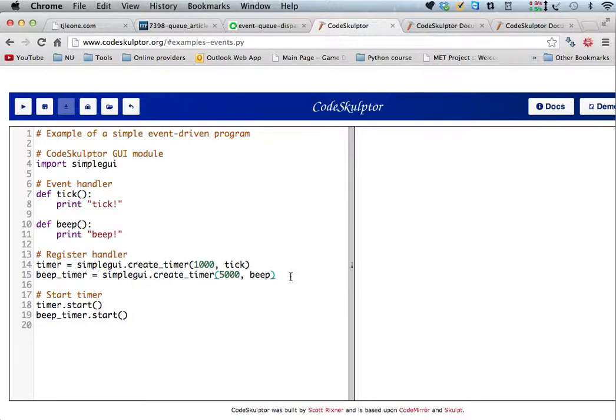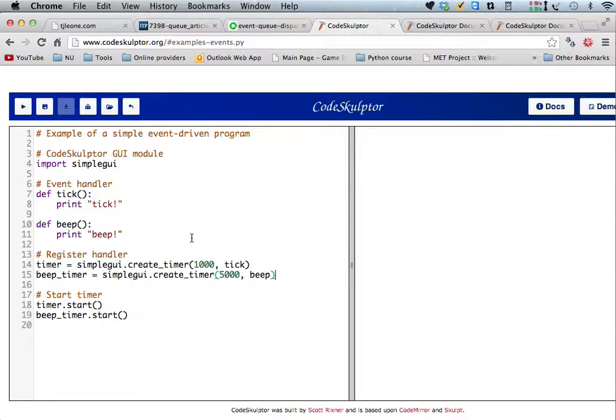But we were talking about what happens when two of these events happen at the same time. What if you click your mouse at exactly the same time when the second number 10 has happened and your timer is saying to print tick, but your click handler is telling you to do something else? How does that work? Well, the way that works in the background, and this happens in MicroWorlds or in Code Sculptor, or in a zillion other programming languages,